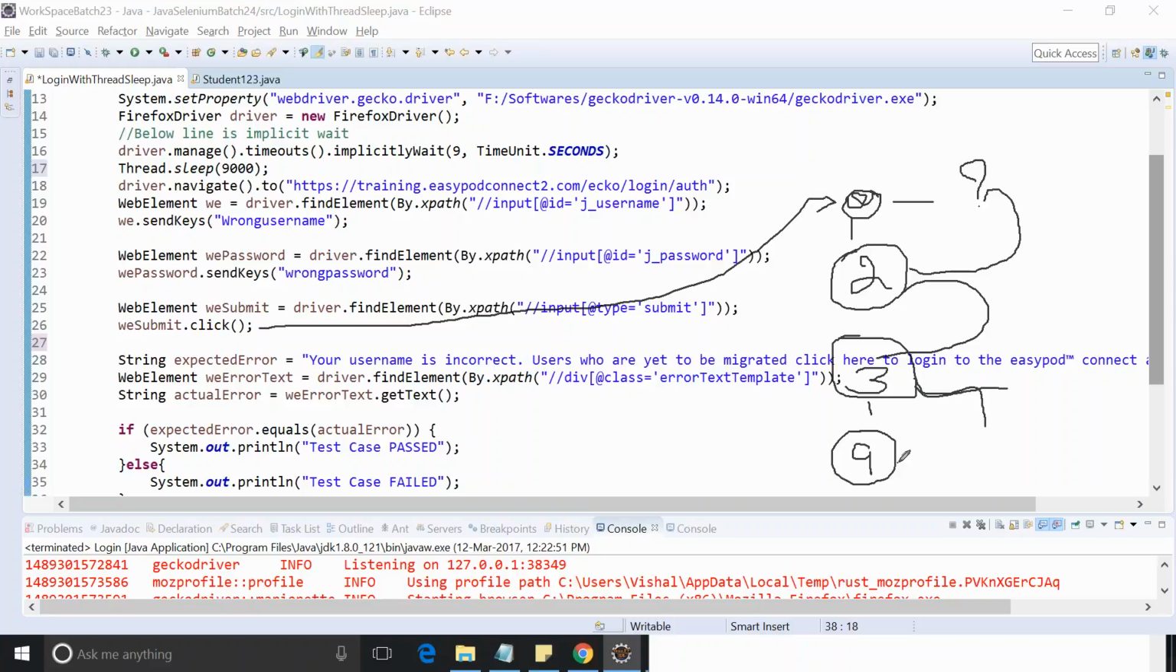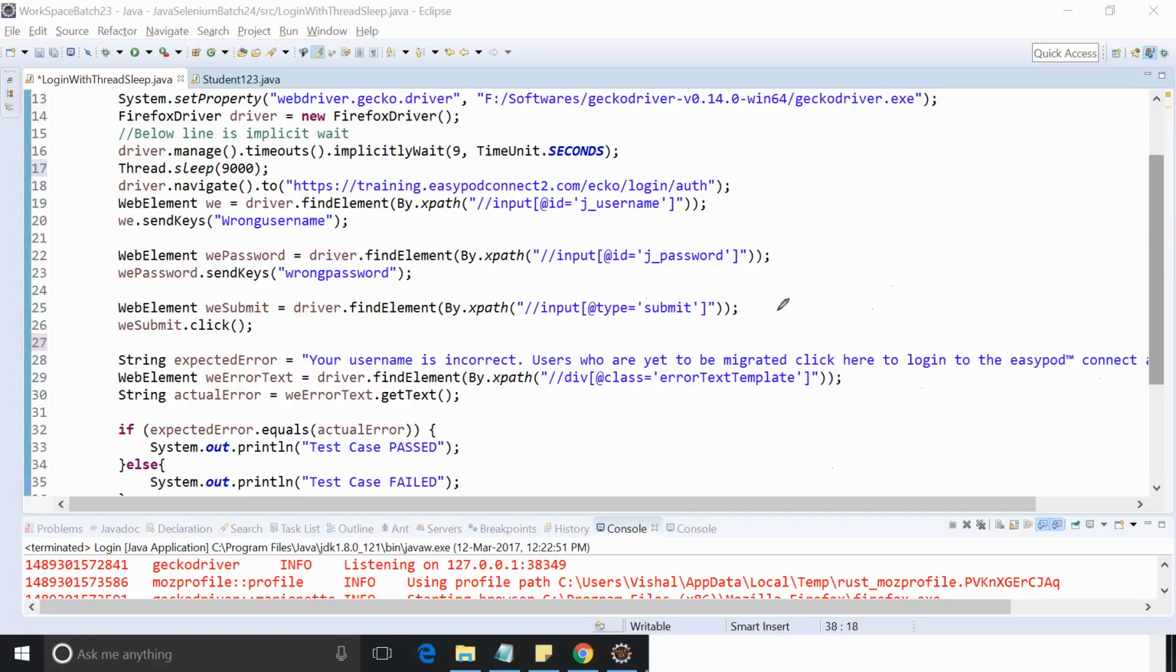If even after 9 seconds the element is not there, then it will definitely throw the exception. What it will do is wait for only that much time which is really required, guys. It will only wait for the time which is really required. As soon as the element is present, say you are searching for this element on line number 29,